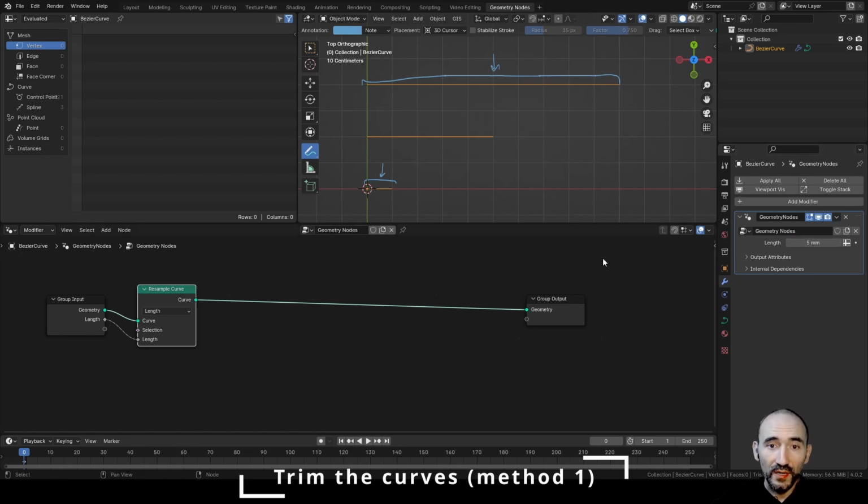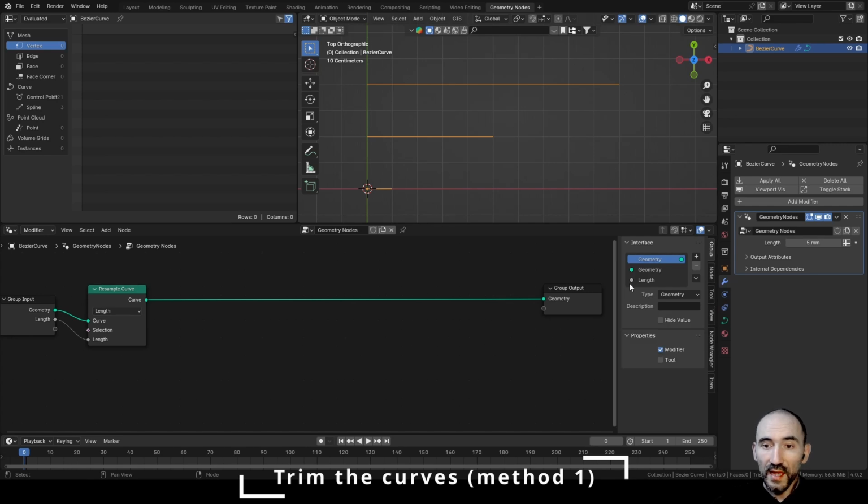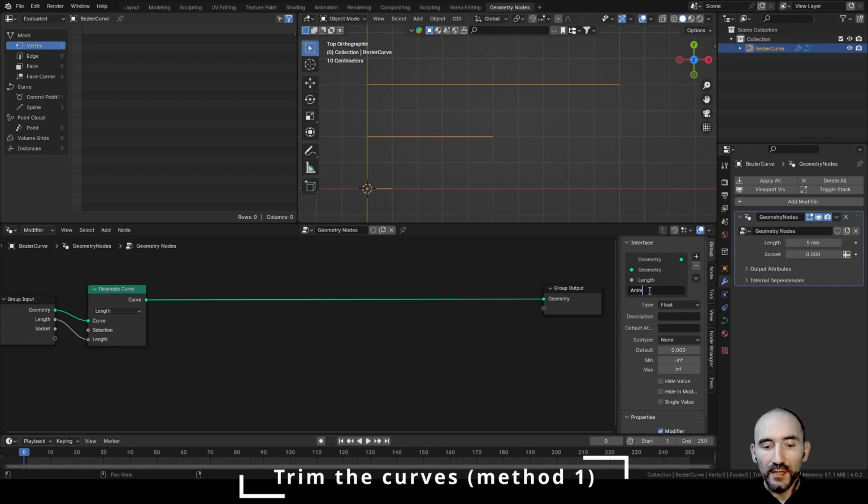and we can set a number of 5 millimeters, for example. So to create the effect on our curve, we need another input attribute, so press N and go to the length, set it as a single value and set a default, and click the plus button to create another input attribute like the animation, and this is a factor subtype from 0 to 1 and it is a single value,